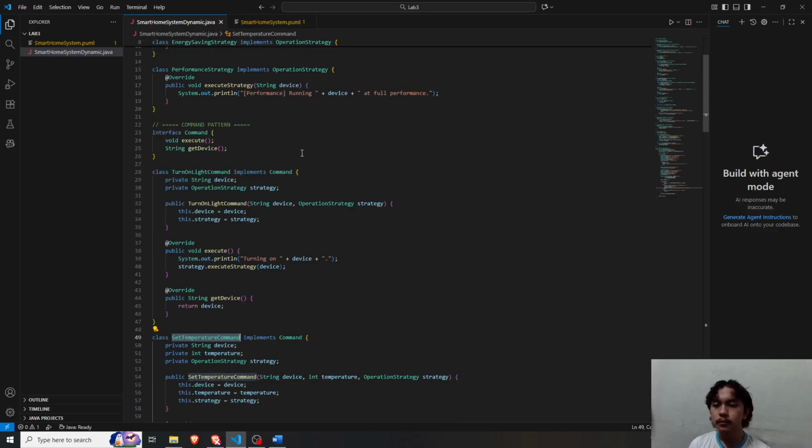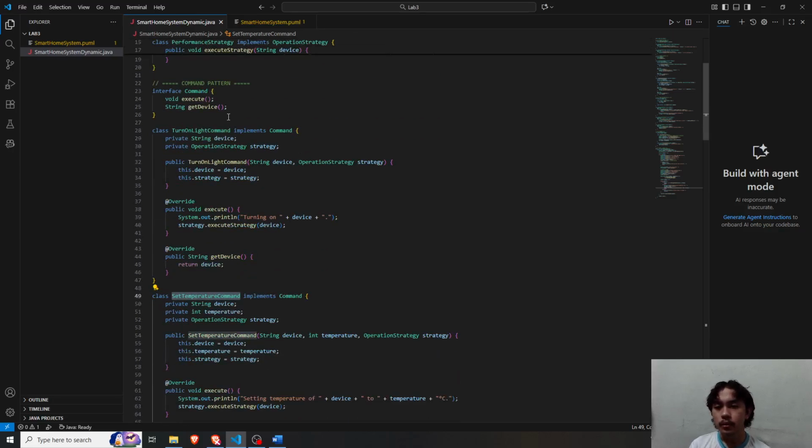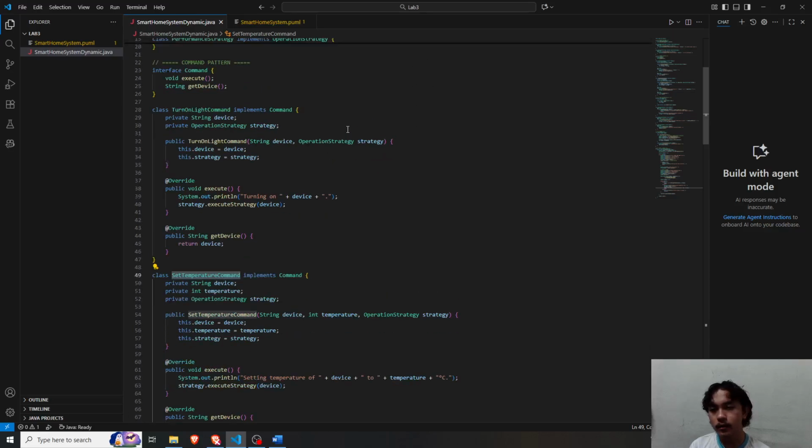Each of these classes should override these methods: execute and get device.